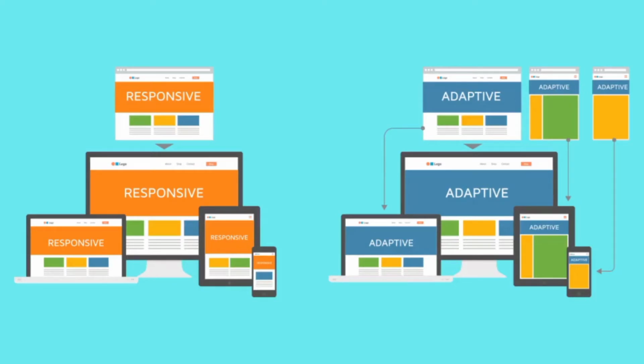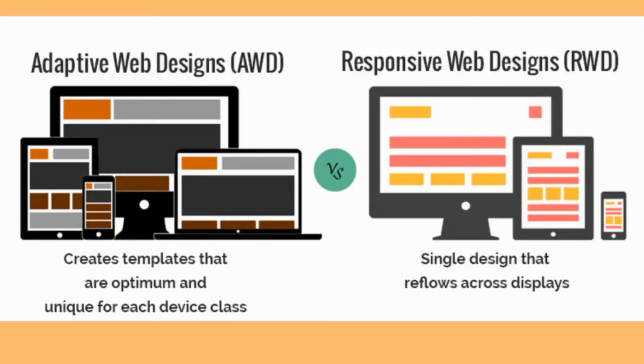Both responsive and adaptive web design are used to deliver websites on different devices by adapting and modeling to a screen size. The main difference between adaptive and responsive is that responsive web design shrinks based on the device and resizes the website based on the particular device. But coming to adaptive, it detects the device, and based on that device the layout will be opened. That is the main difference between adaptive and responsive.